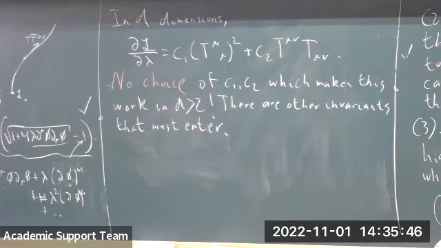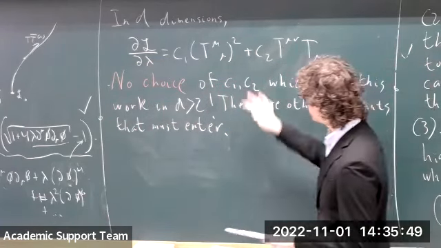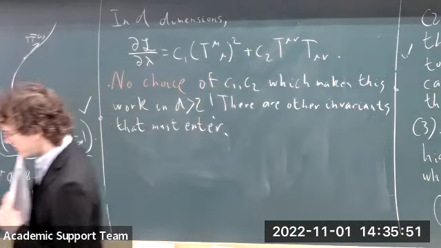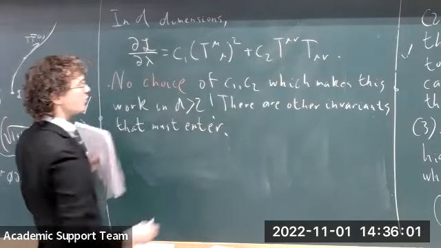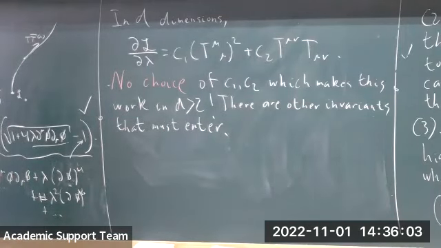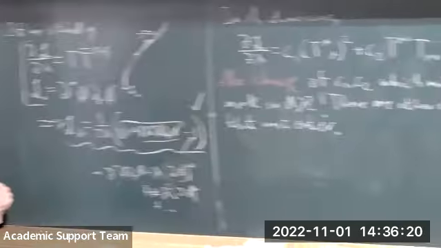A priori, you might think that this will become a very complicated problem, because by a Cayley-Hamilton type argument, in D dimensions there will be D traces: trace of T, trace of T squared, up to trace of T to the Dth power. And there will be many coefficients, C1 up to CD. Maybe you have to take different powers of these and tune the coefficients in some way in order to get a square root type solution. So it could have been a very complicated problem. But as it turns out, there's a simpler resolution. There's a way to get a higher dimensional generalization of this that only requires introducing one more invariant.